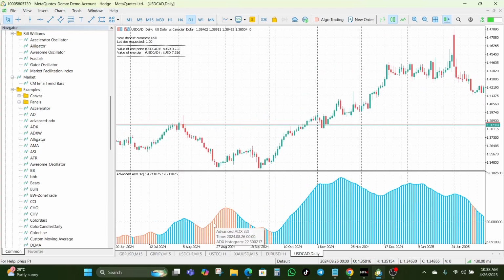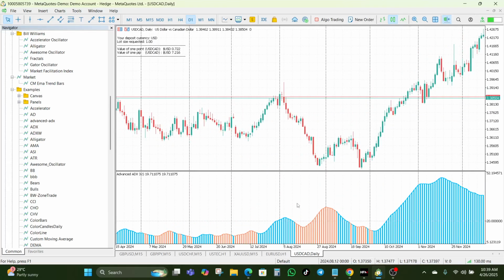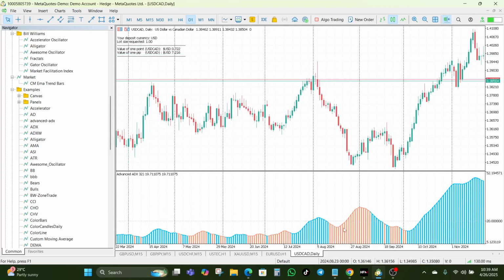And when the ADX is above the 20 level and it is orange in color, it means that it is bearish strength. Right? It's very straightforward. If you can see, let's just look at some practical examples. You can see this was where this